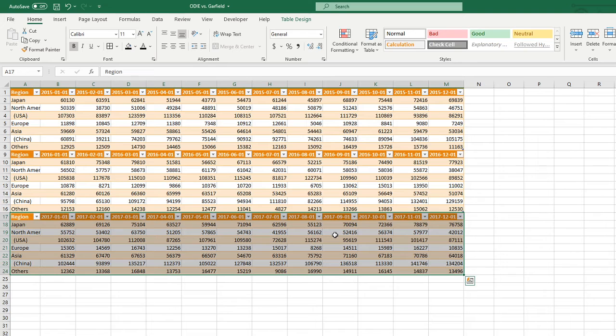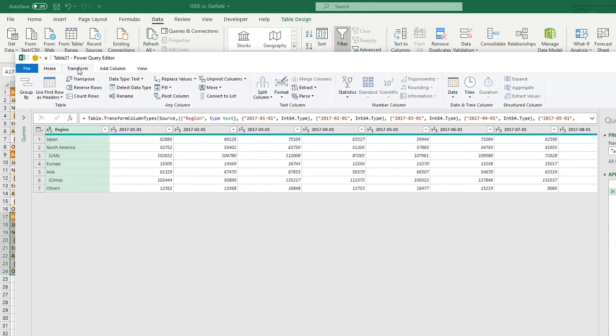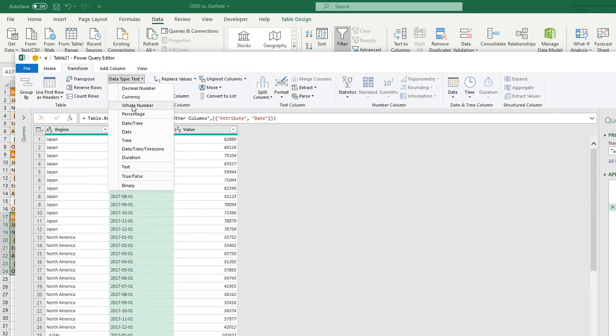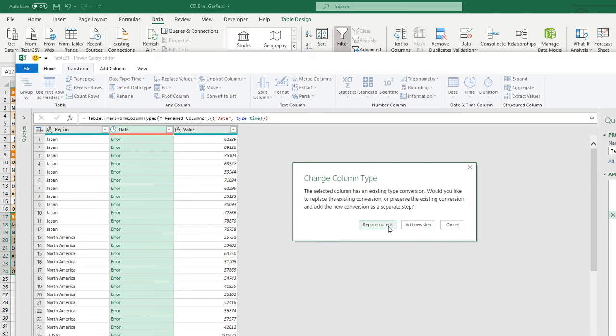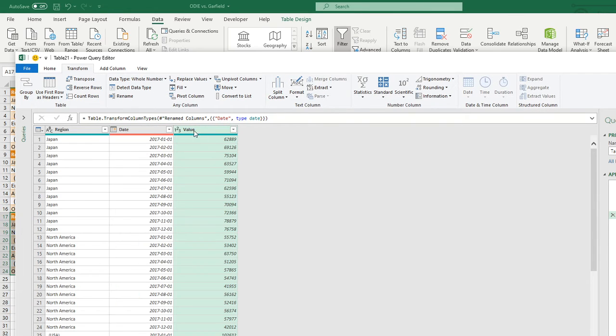Next up is cross-tabulated data. So basically what happens is you select it and you go to data and from table/range. Now you go to transform, unpivot other columns, you change this to a date, and you change this to not time, date. And here you can add a value, you can change this. So for example here I can say